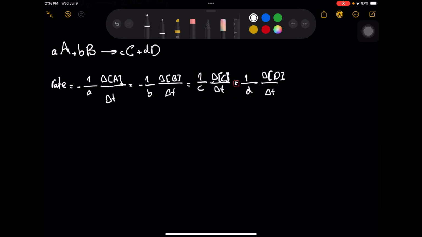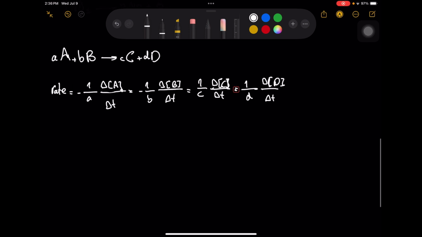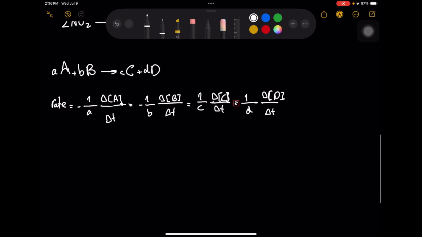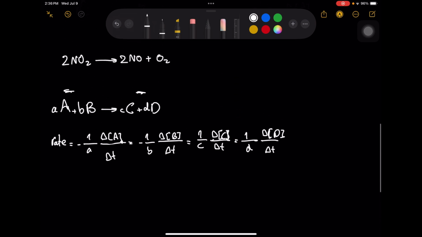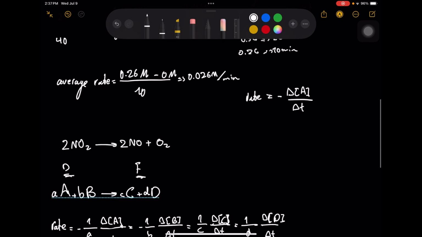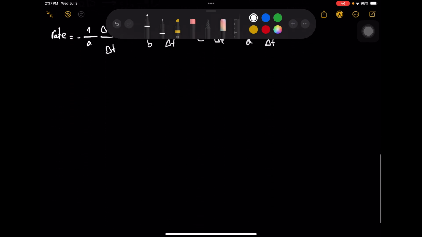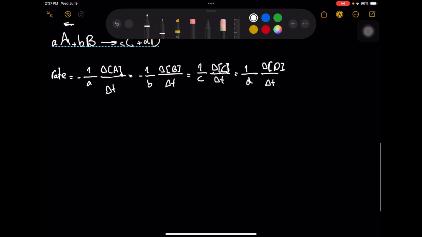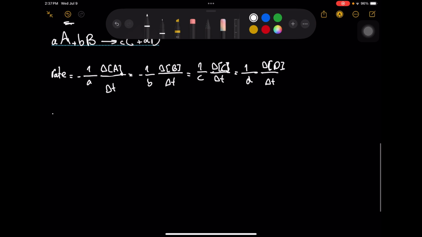And that's how we calculate the rate, because these are the disappearance ones and these are the formation ones. These two are the formation and disappearance. So as we said here, we put a negative here. Using the equation that we have, 2NO2 produces 2NO plus O2, the rate would be